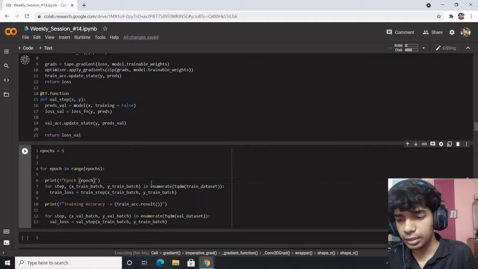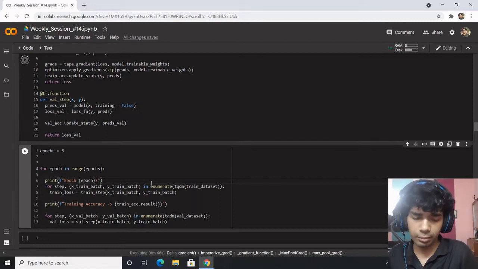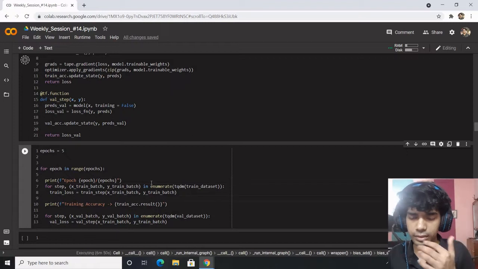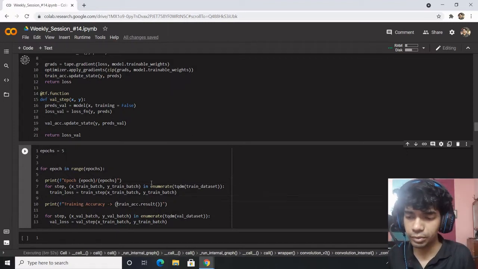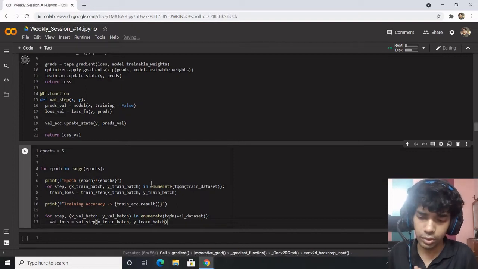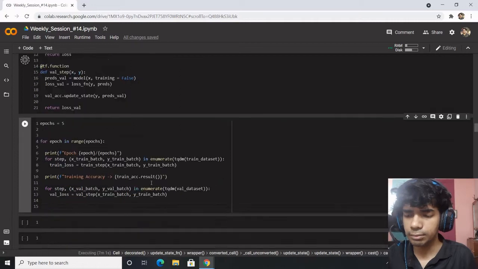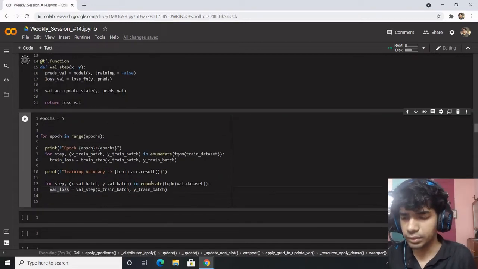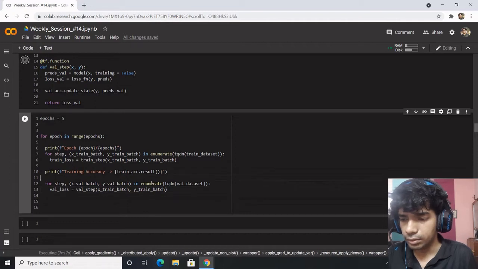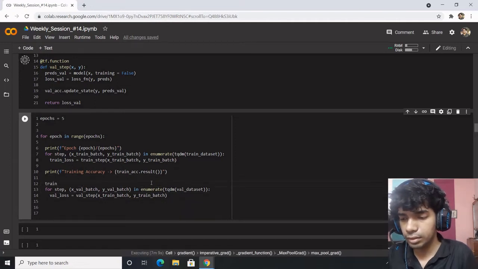It feels quite fun if you are implementing this on your own, right? It would actually be fun to do it from scratch. It would give you so much control. And if you want to do optimizations to your code, or obtain custom results and custom output, this is the best way to proceed. Yeah, so where was I? Then the train accuracy reset states.